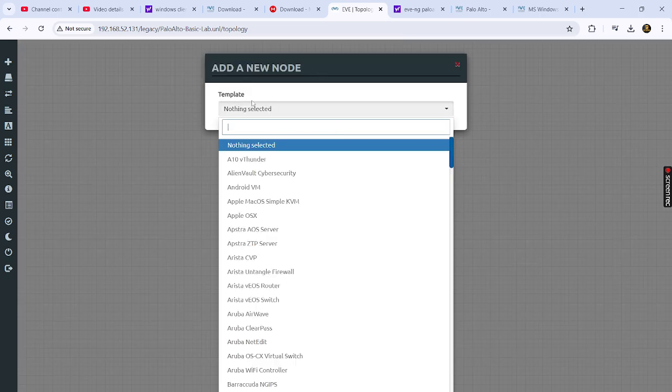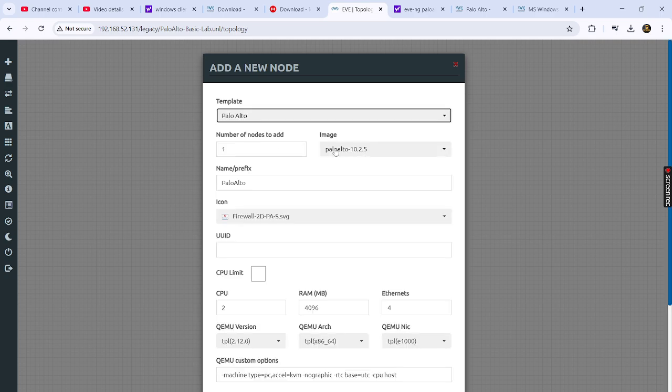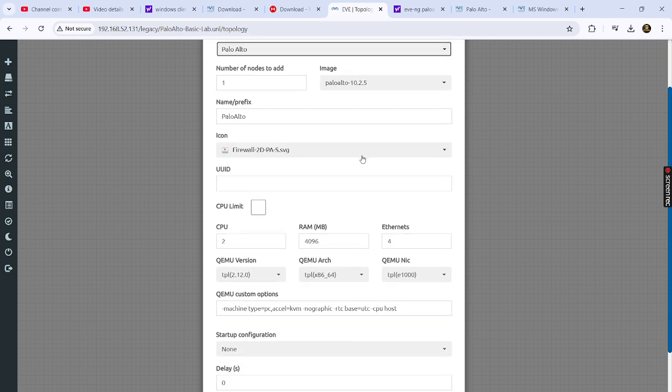It will pop up to add a node. Okay. Just type Palo. It will show the Palo Alto. Okay, you can click on the Palo Alto. See here, we have created the image folder with 10.1.5, right? Whatever image is installed in there, it will be shown here. Okay, and here we need to increase the RAM.